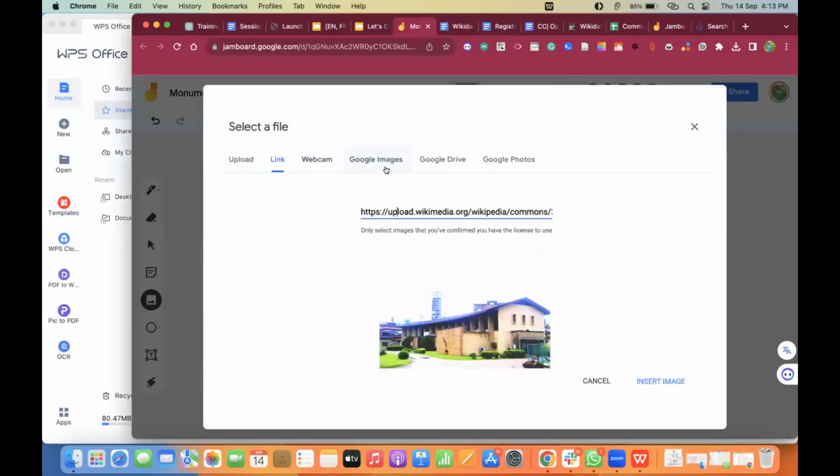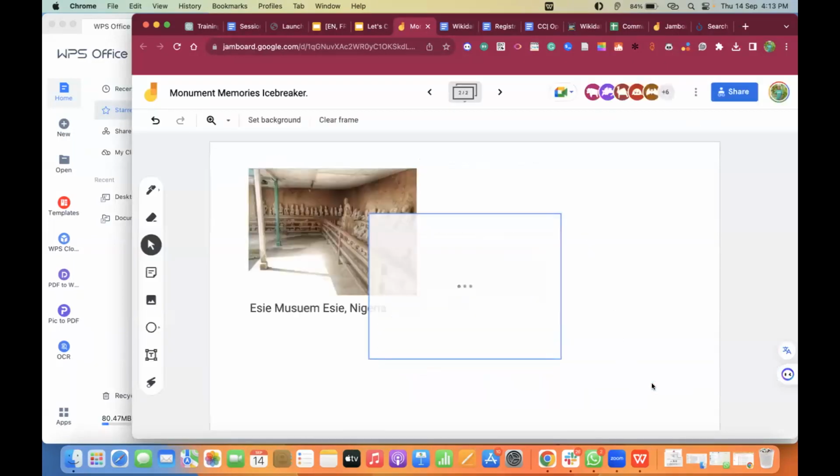Then you click on insert. Either way, if you have this image on your laptop, or on Google Drive or Google Photos, you can also go directly by clicking on any of these links. But I will advise you make use of Wikimedia Commons, and then you click on insert.